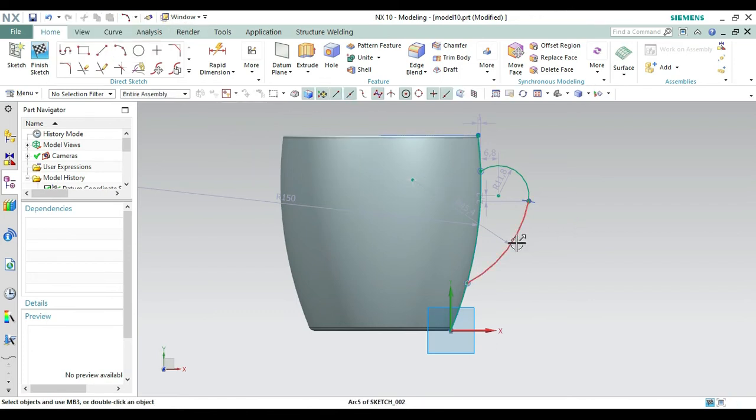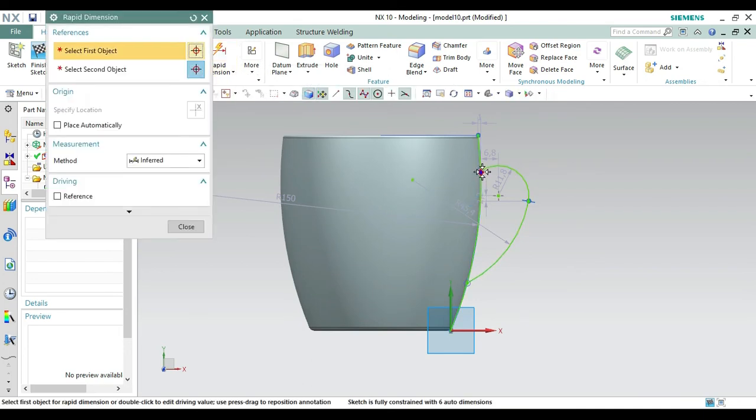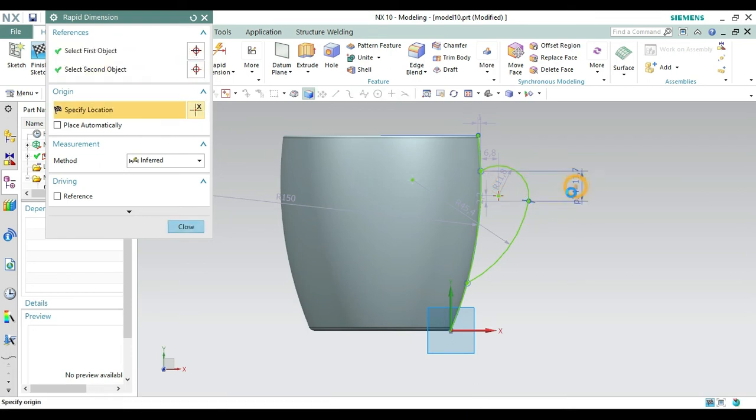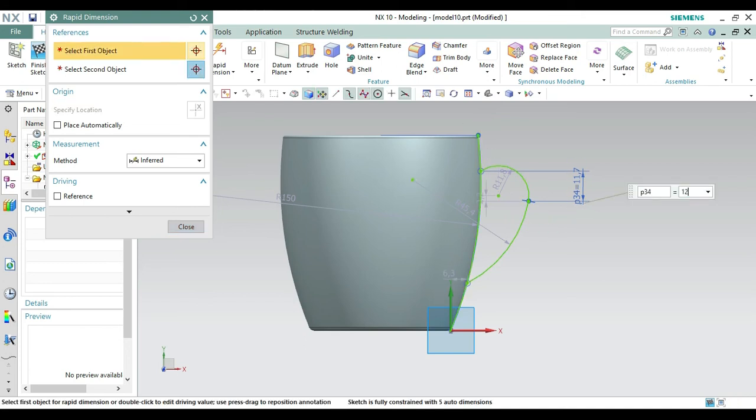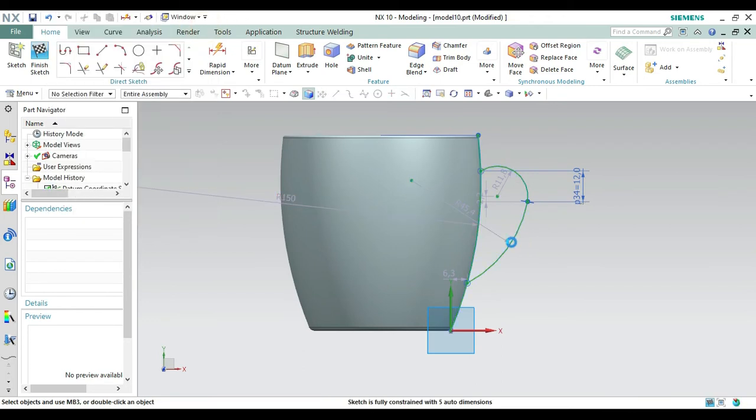Now for the rapid dimensioning, take rapid dimensioning from here. Now take this as the first point and this as the second point, make it 11. Okay, so make it 12. Now cancel the command. Now this radius has been made tangent to this, and this is 11.